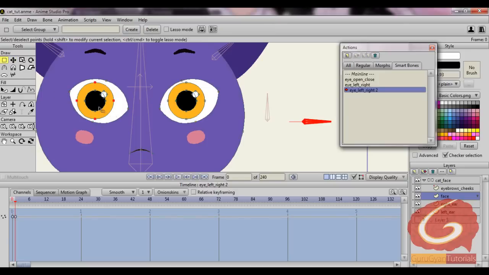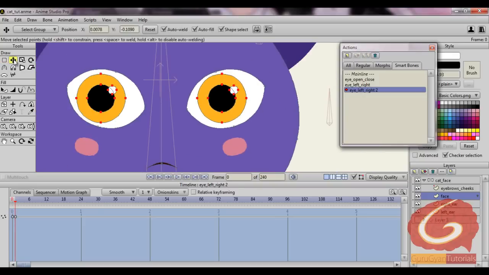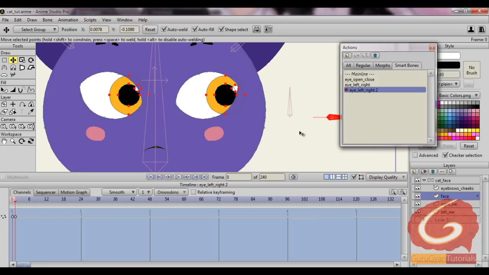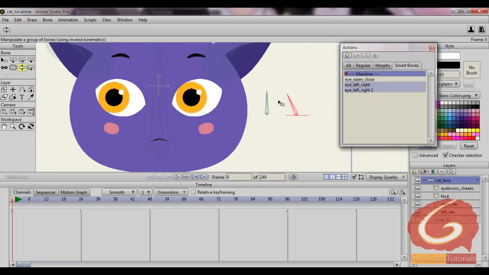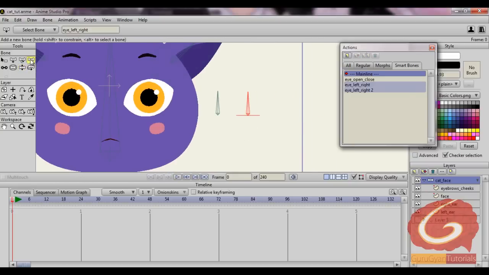Then select this one, the highlight, and select the translate points tool, and then click this corner. Okay. Come to the main line, select the bone layer, and just rotate left. I can see the movement is quite organic. That is why I have moved the outer part as well. So moving left to right is done. Next is